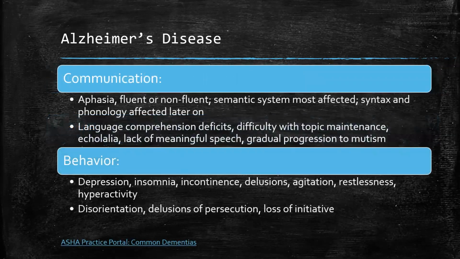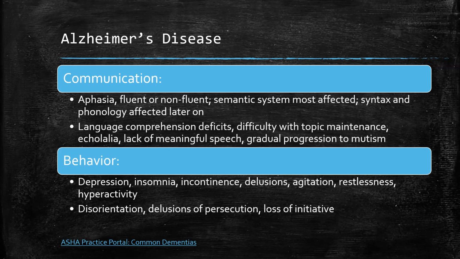So someone with Alzheimer's disease, we're going to see changes to communication and to behavior. So communication changes, you might see someone who has aphasia. It could present as fluent or non-fluent. Typically, their semantic system is most affected, but syntax and phonology can be affected later on. Language comprehension also declines. So a lot of times individuals with Alzheimer's disease will have difficulty with topic maintenance. They may present with echolalia, have a lack of meaningful speech, and typically in those end stages will progress to